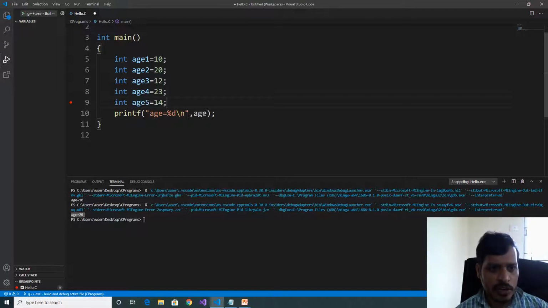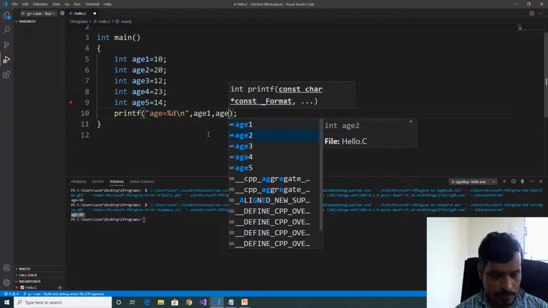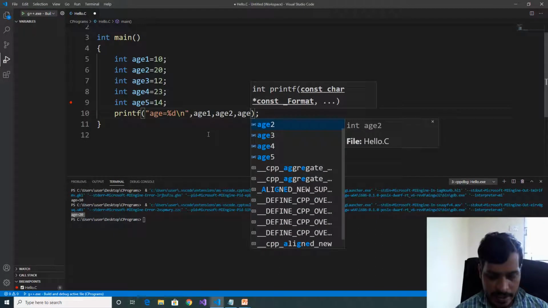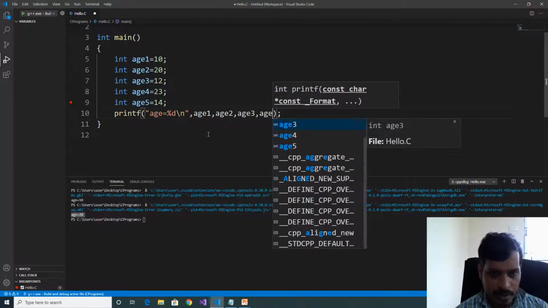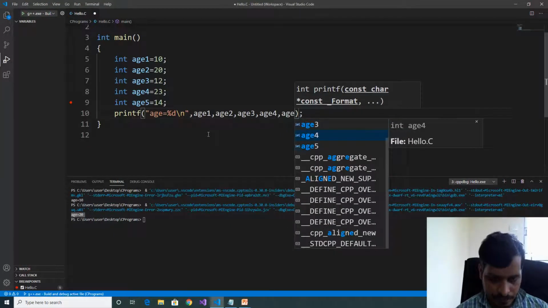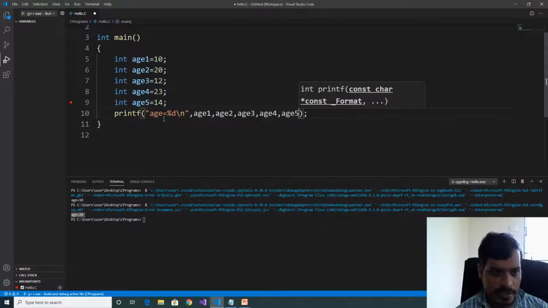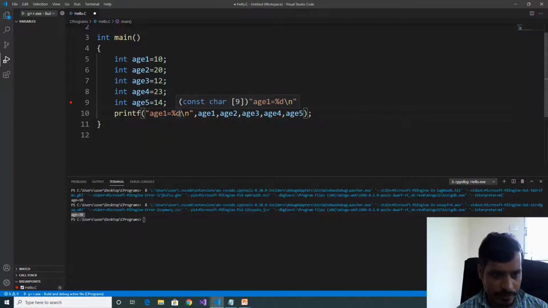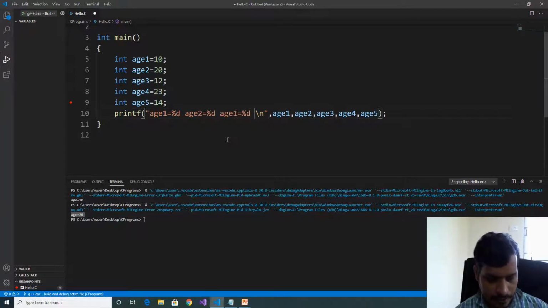Now if you want to print these values, printf with age1, age2, age3, age4, age5.